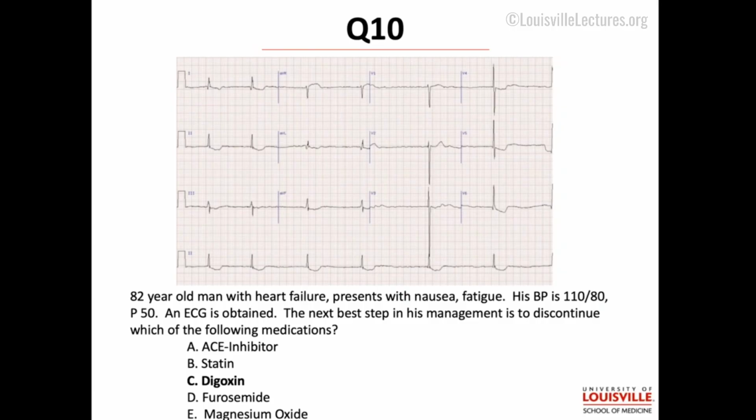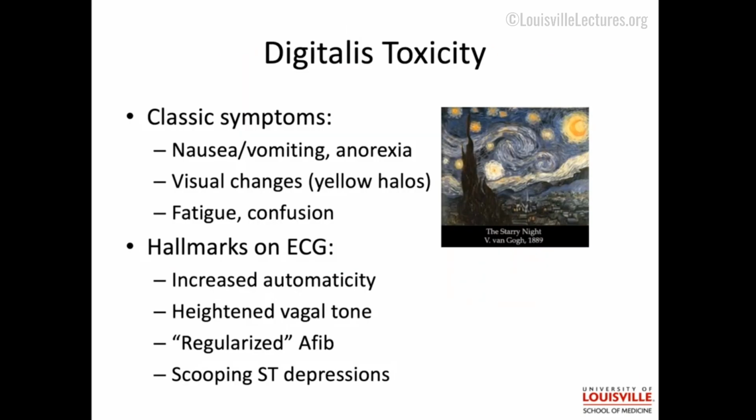Boards questions do love asking about digoxin, even though it is falling out of favor in clinical practice, because it has such a narrow therapeutic window that toxicity is common if you don't watch things closely. If you actually become dig-toxic, the classic symptoms are nausea, vomiting, anorexia, yellow halos. There are hypotheses that Van Gogh had digoxin toxicity towards the end of his life, and that's why he started painting in yellow more, because he was seeing these yellow halos. And then people just feel pukey and nasty.